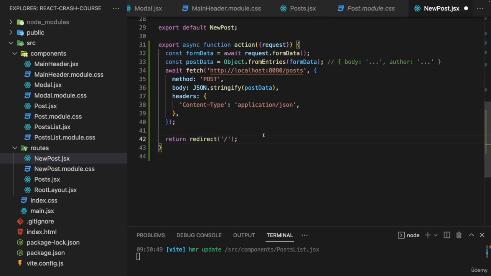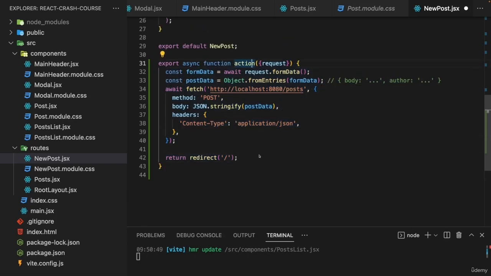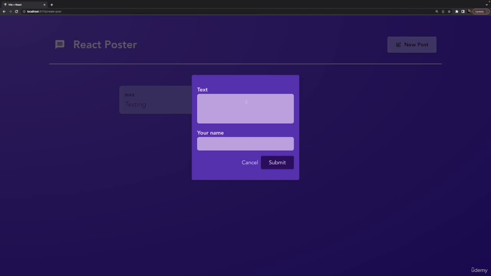Again, all performed by React Router here. There is no backend code involved here. We're just sending a request to the backend, but this code here all runs on the client side in the browser. But with that all added, if we save everything and we go back